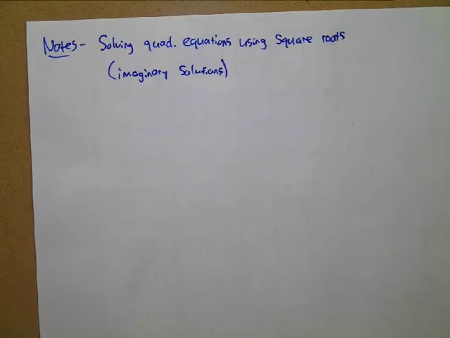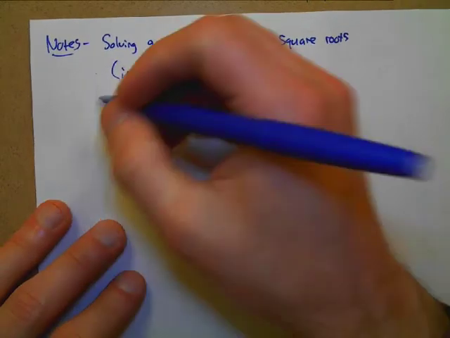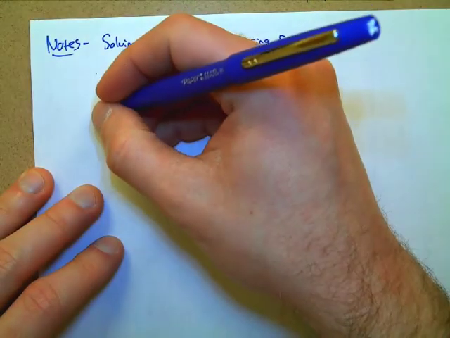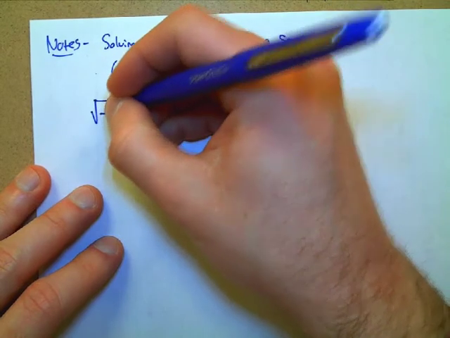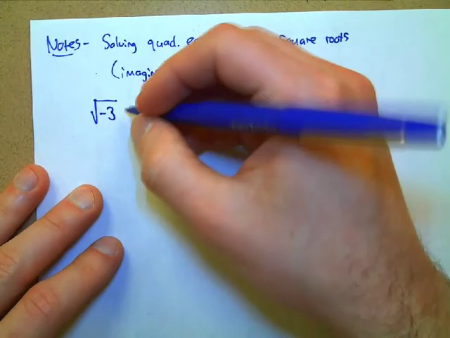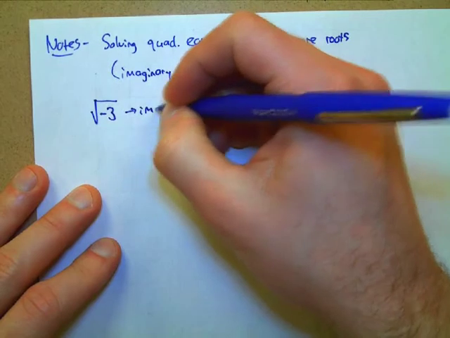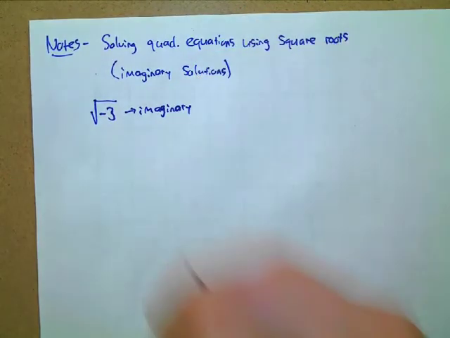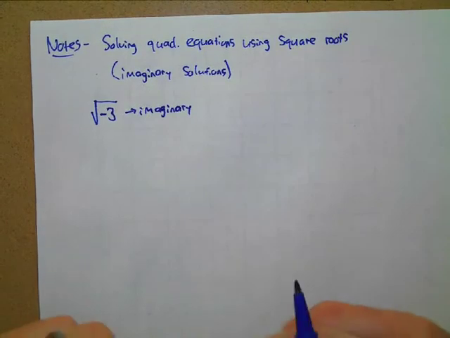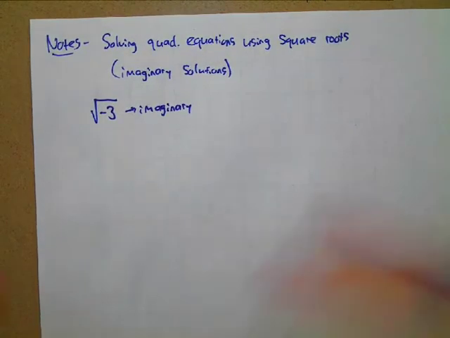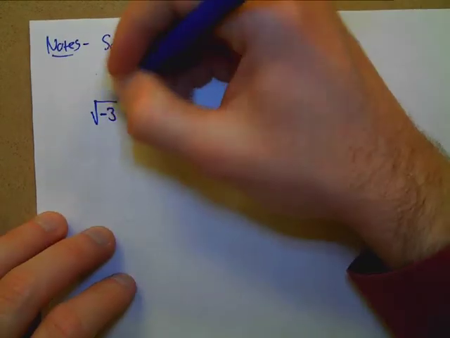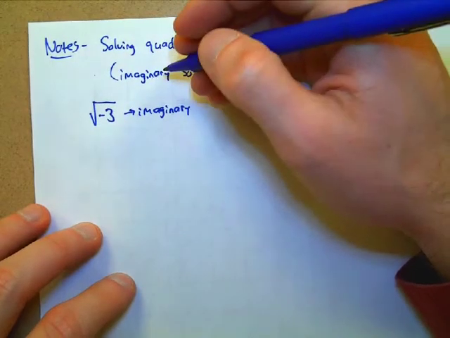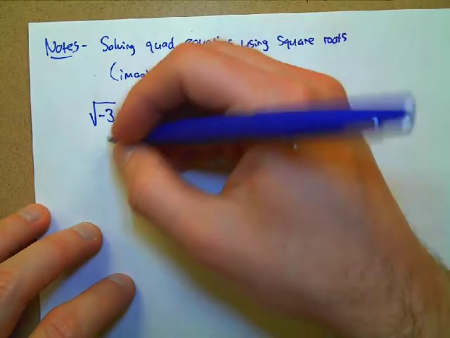So just to quickly refresh your memory before we get into an actual equation, if we have something like the square root of -3, this is imaginary. And part of the reason why I think we call it imaginary is that, for this to happen, that square root of -3, well, that means we started with something like